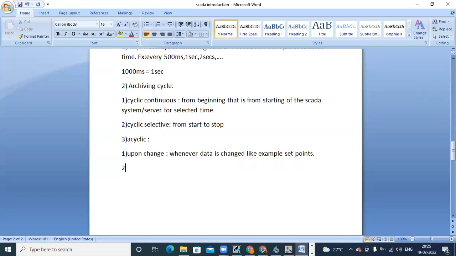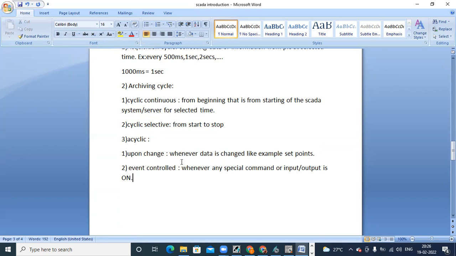Another is event control. Event control means whenever there is any special command, or an input or output is on, or an operator action.